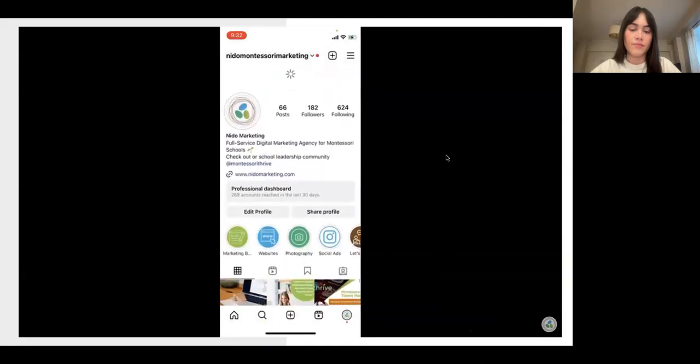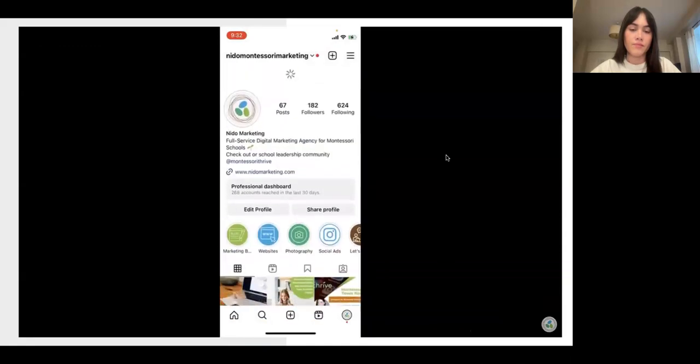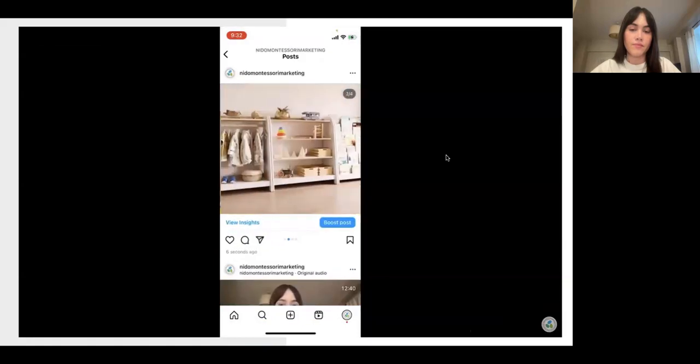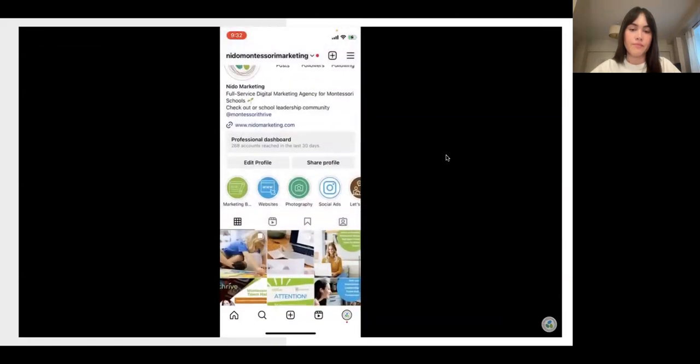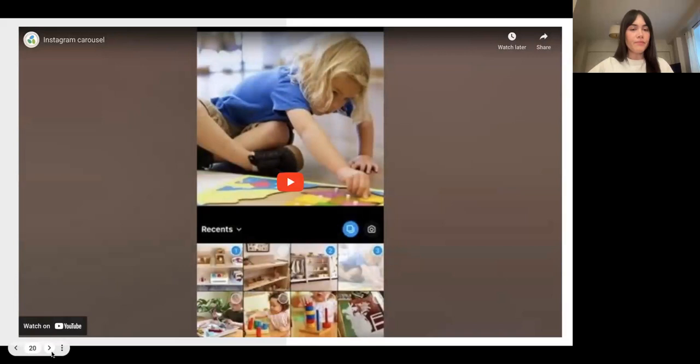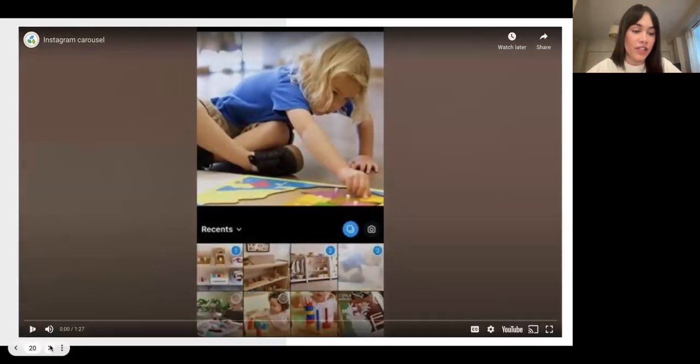And it will quickly show up on my profile, and I'll see it with the little carousel option so I can slide. So it's really easy to do. It's a great way to, for instance, if you're having an event or a special project, take multiple pictures, and you don't have to post 7 posts in one day. You can just show different pictures from a birthday celebration or any kind of activity that you're doing and you want to just do that individual post. So I recommend using that feature.